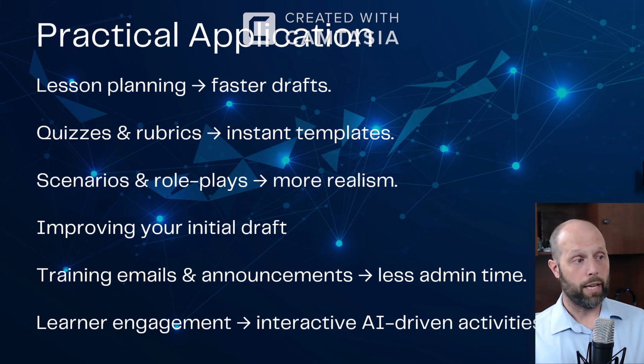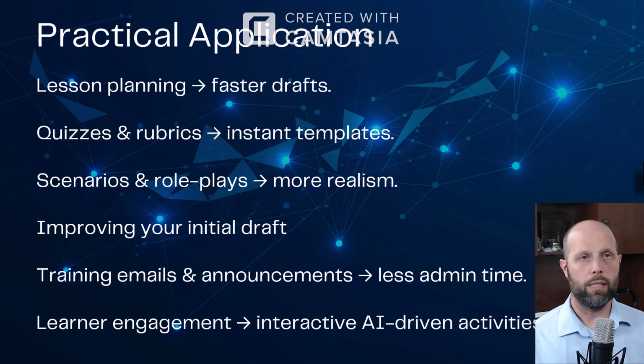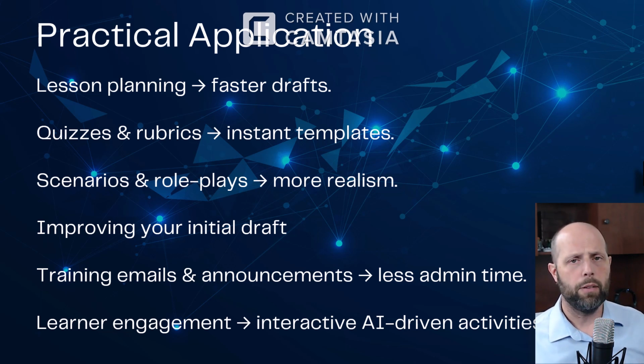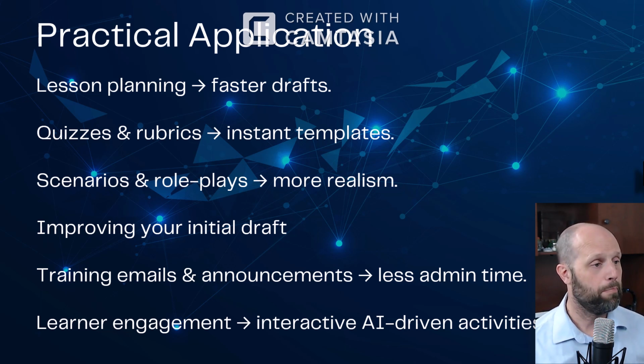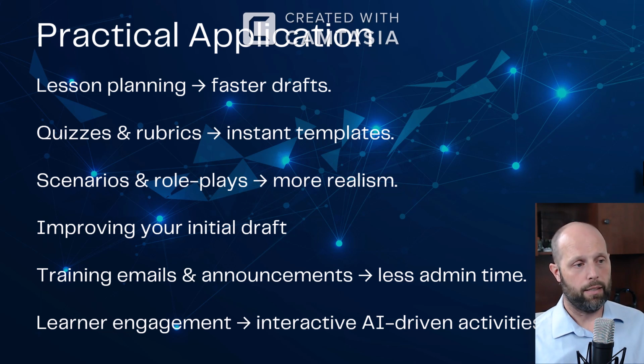It can also create scenarios and role plays so that instead of you having to crunch your brain quite as hard thinking of all those, let AI do that for you, and then you polish the result, okay? And you polish from there. You can improve your initial draft of something, so you can put it in and say, hey, ChatGPT, improve this for me, and then copy your content in, and you can even give it parameters about what kind of tone it should take, what sort of expertise it should be incorporating into that output.